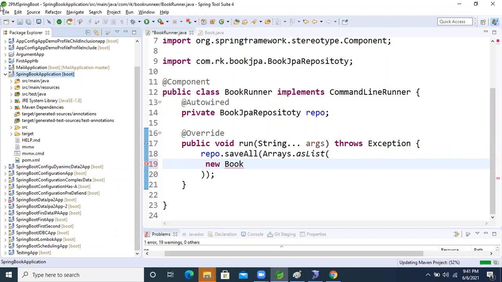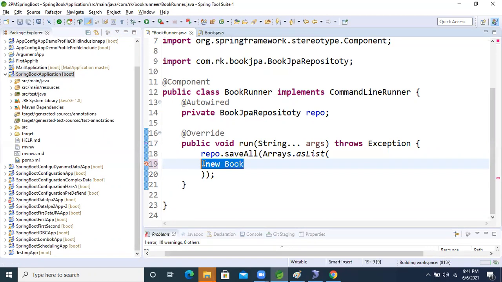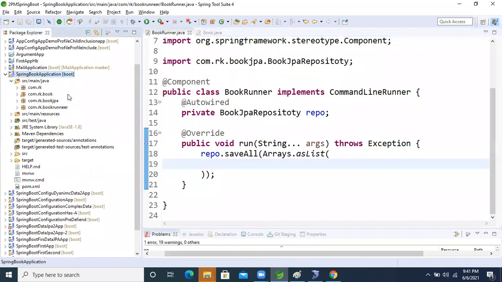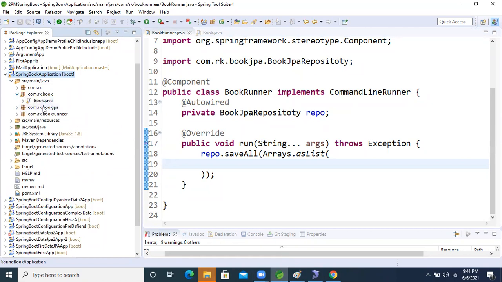Then update fast. Sorry? All unrelated projects, you can first close all projects. No, I'm not updating the full project, I'm updating only one project. Yeah, one minute. I will do that.